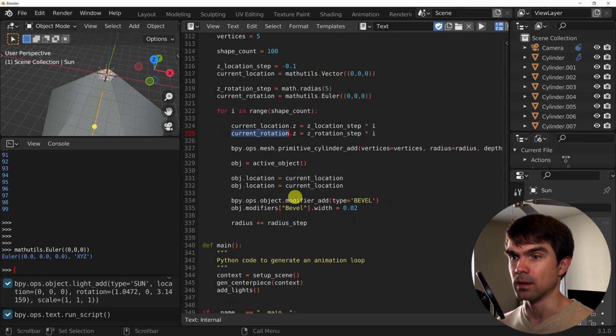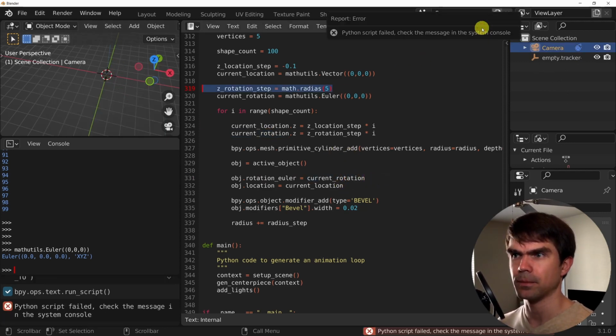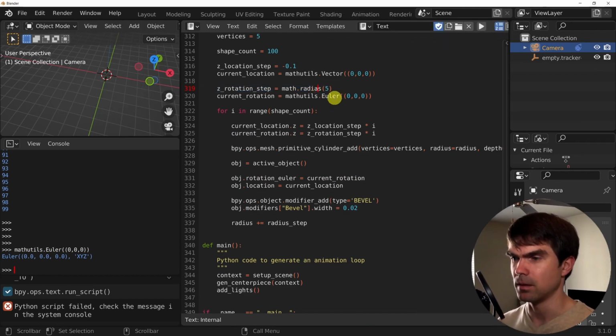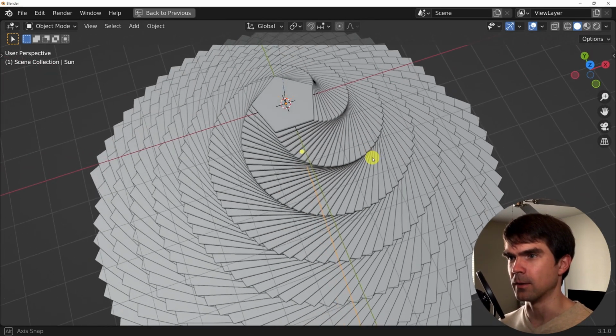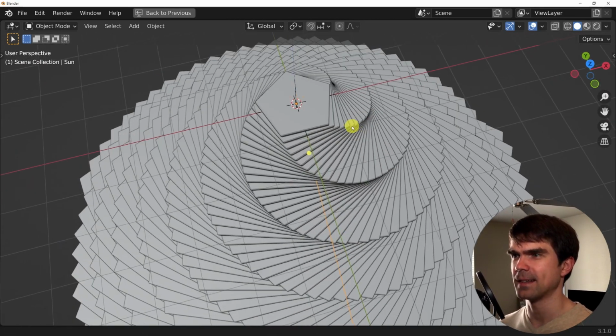And then the current rotation, this right here. Right, let's run that. Oops. Oh, yeah, and I didn't spell radians correctly. And now we have this going on right here. All right.